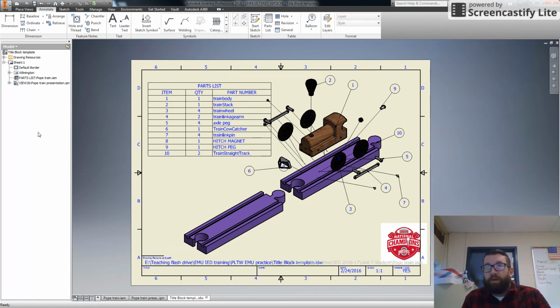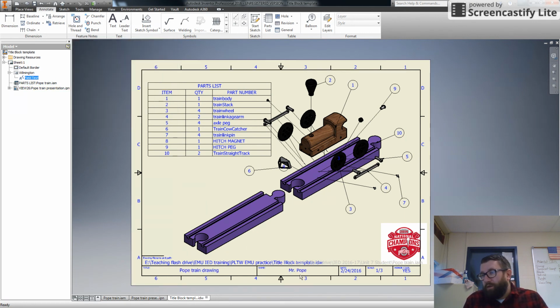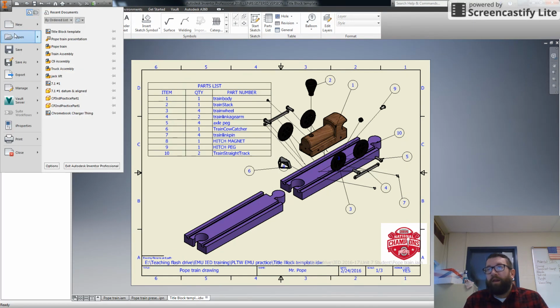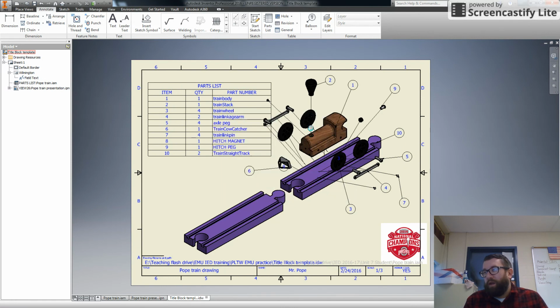Last step is going to be to fill in my field text. So that is going to be train drawing, first and last name. And we want to also change our scale. In this case, it's 1/3. And creation date is today. So I do all of that. Save it. Hit yes to all. Okay. And then once it is saved,